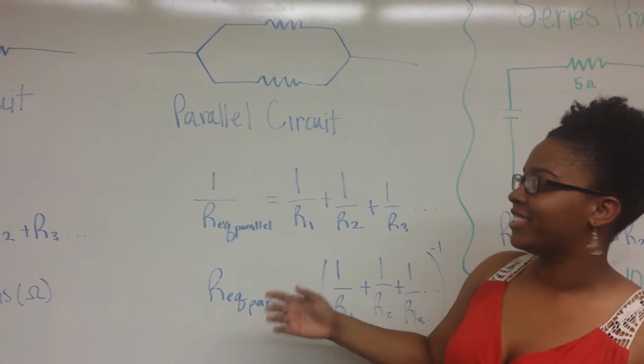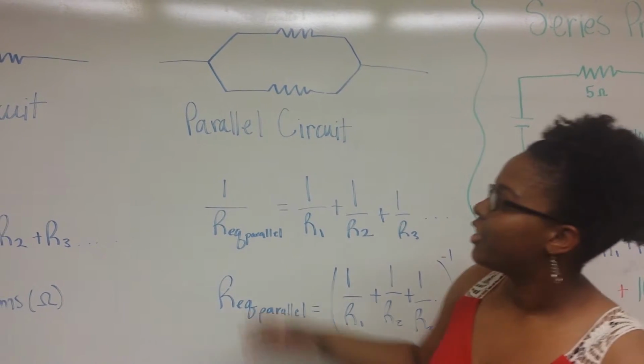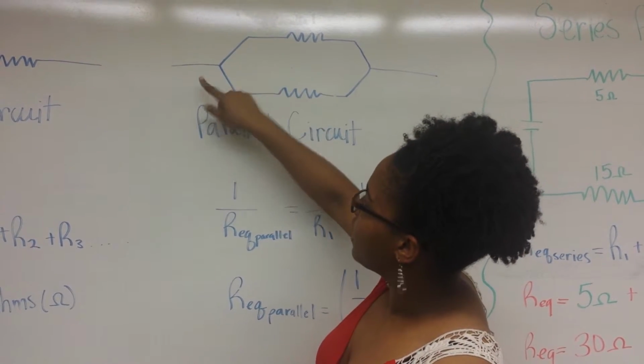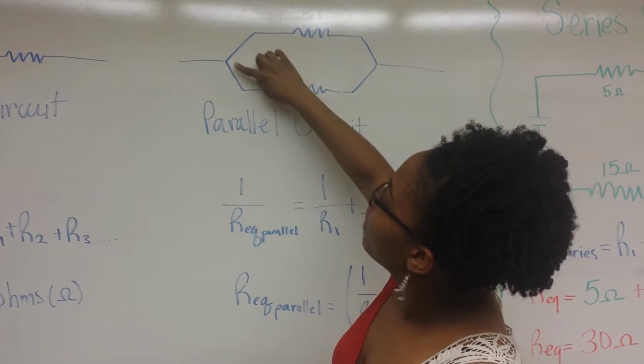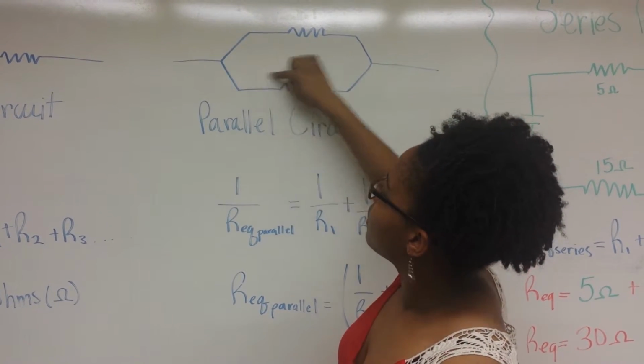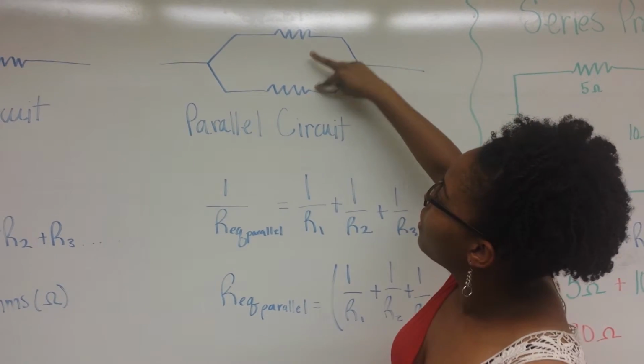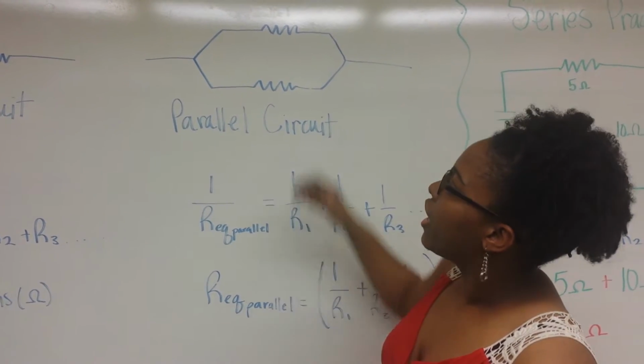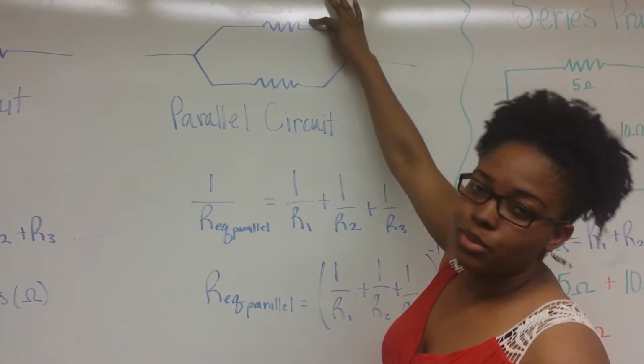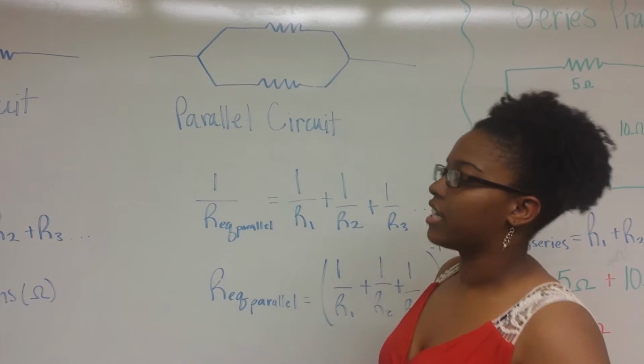Next, I will talk about resistors in parallel. So in a parallel circuit, the current is split at this point. So the current goes this way and it goes this way. So unlike the series circuit that we talked about, if we had two light bulbs screwed in at this position, if I were to take one out, this one would stay on because this is not sharing the same current